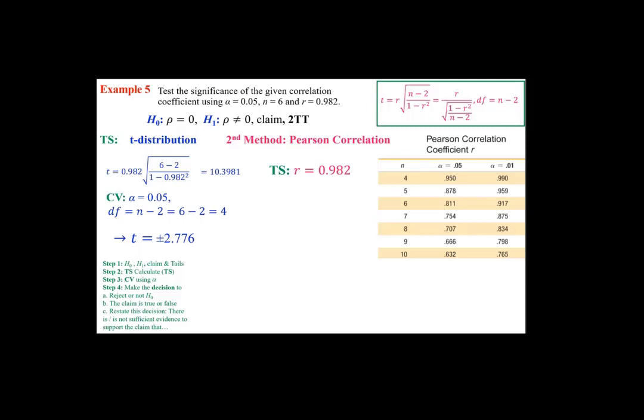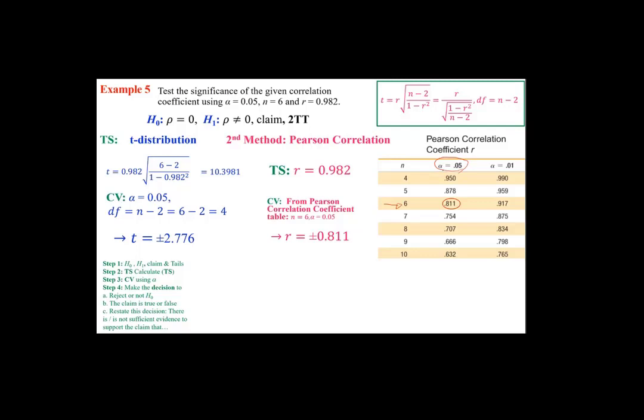Then what about n? n is 6. So in front of that, we are looking for the number. Look at number 6, which is your n. Look at your alpha. And therefore, the answer is 0.811. So that wasn't too bad. Now, to make a decision,